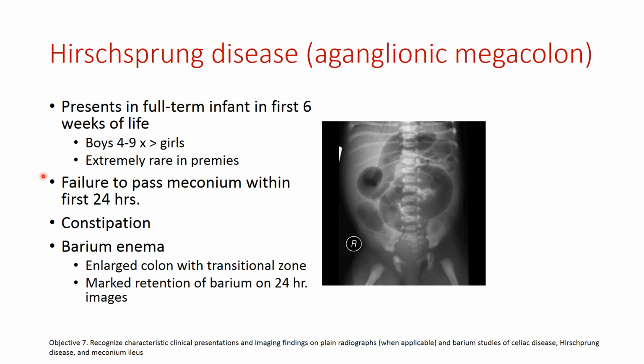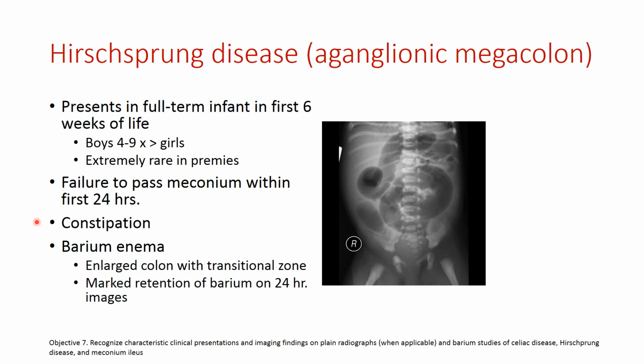But if the baby does not pass meconium within the first 24 hours, that's abnormal, and we can start to think that there may be Hirschsprung disease. Sometimes this is much more mild, and we won't see it until later, but the infant may also present with